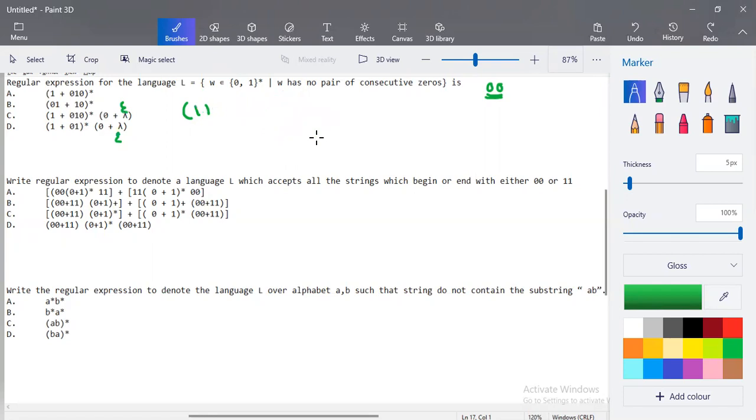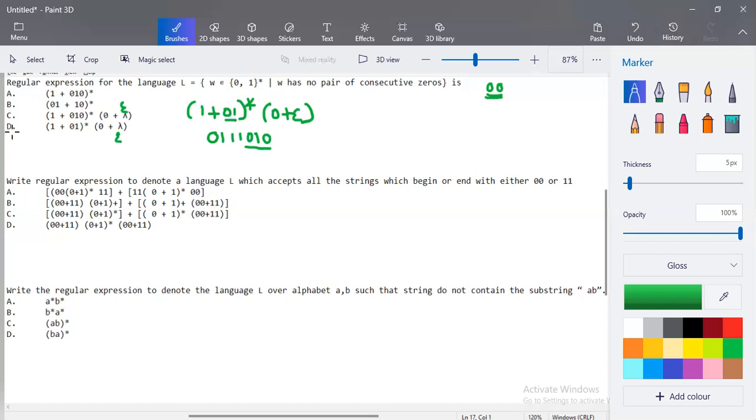Now we'll come to the last option, that is D. So in D you have (1 plus 0, 1) the whole star followed by 0 or epsilon. Okay, so in this case 0 is followed by 1 and here you have 1. So any possible combination, if you have 1, 0, 0, 1 or 1, 1, 0, 1, always 0 is followed by 1. And here also at the end it might be followed by either 0 or epsilon. In case it is followed by 0, then also you don't have consecutive zeros over here. It is separated by this 1. This 1 separates the 0.